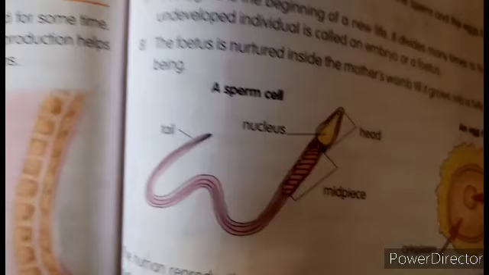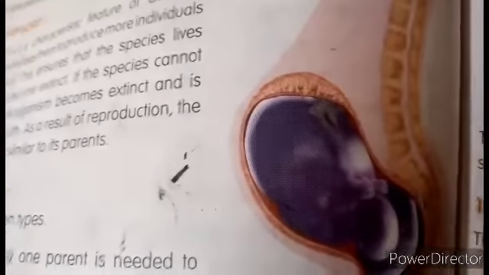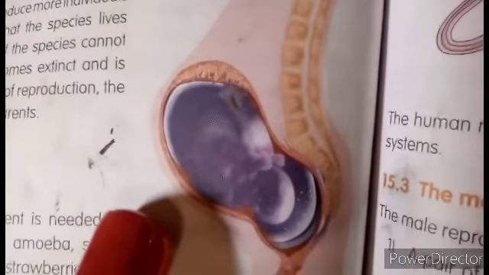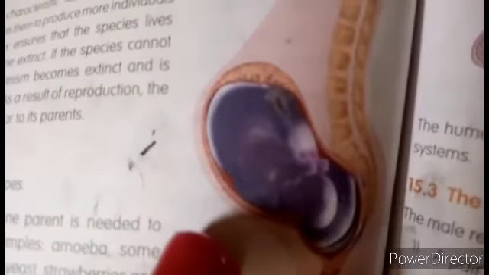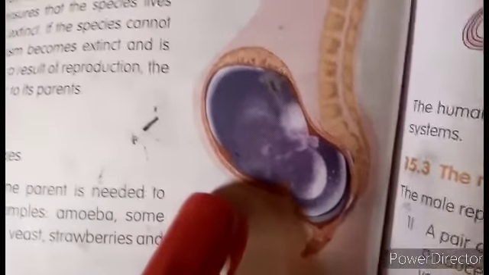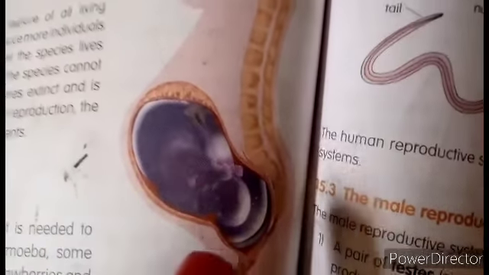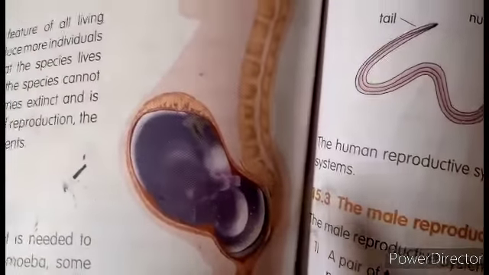Alright, let's move on to reproduction with the mother. Look at when the mother is pregnant, look at how the baby is inside the mother's stomach. You can see the baby when the egg of the woman and the sperm of the man mix together and the baby comes this way. The baby starts from little and becomes big. Little by little, you can see how the baby is inside the mother's stomach, until the baby becomes bigger and bigger. The legs and the hands, the eyes and all parts of the body are formed fully before our mother can give birth to us. Okay?